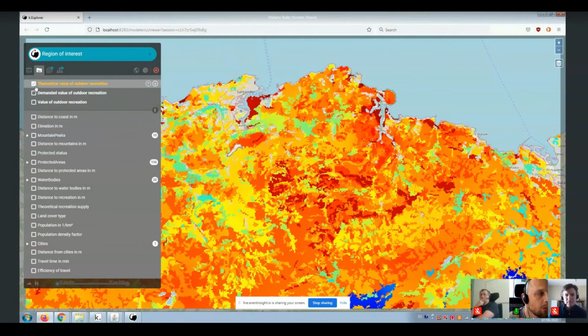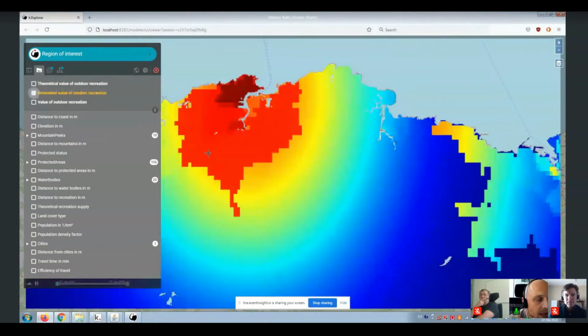And I will explain how this is computed, but also the demand side. In this particular case, we are considering daily trips. So the idea is that people mainly resident in one place, in this case Santander and its outskirts, will travel a distance of around 80 kilometers to have a recreational experience and then go back.